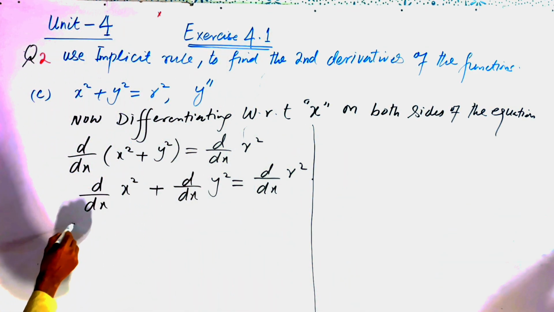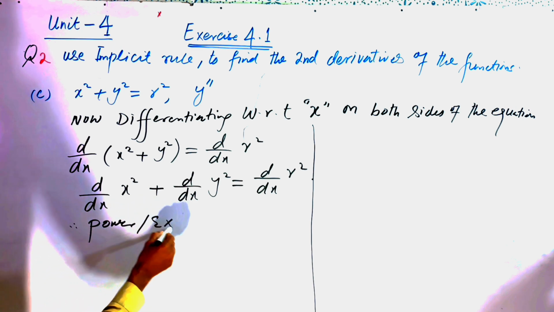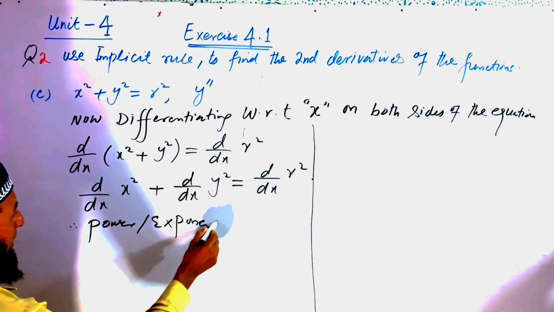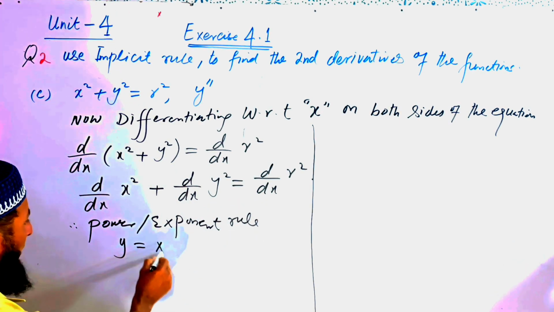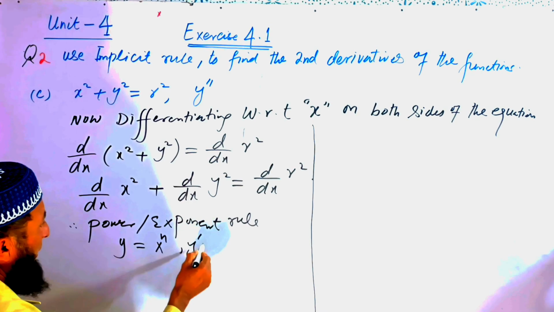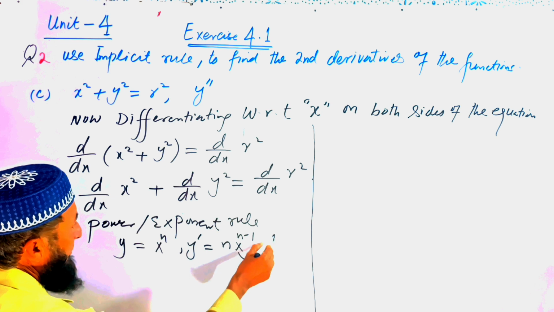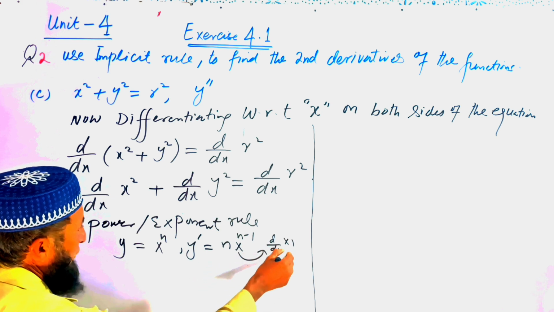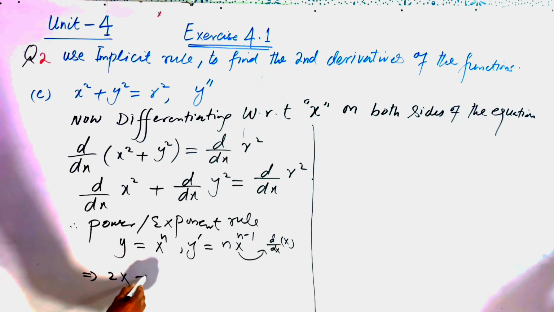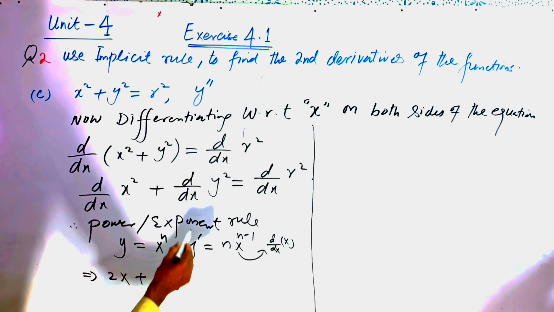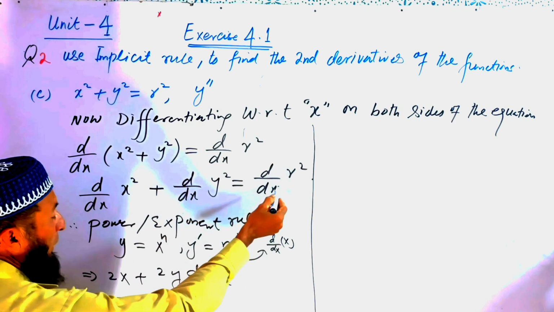According to the power rule, the power or exponent rule, if any function y is equal to x power n, then y dash is n x power n minus 1, and for the derivative of x we are using this formula. So here we get 2x plus 2y dy by dx is equal to, with respect to x,